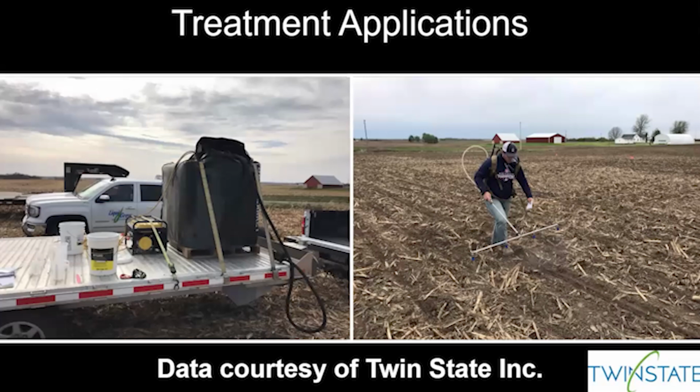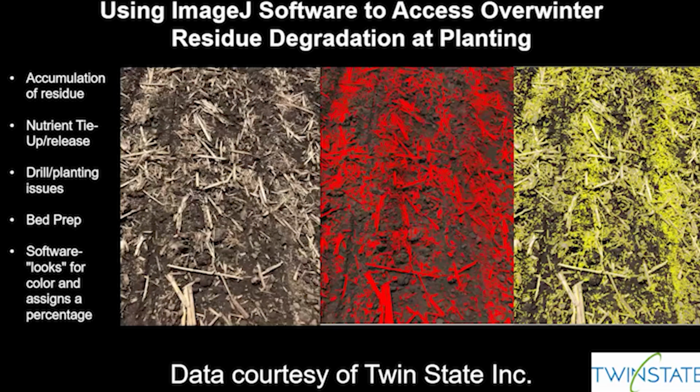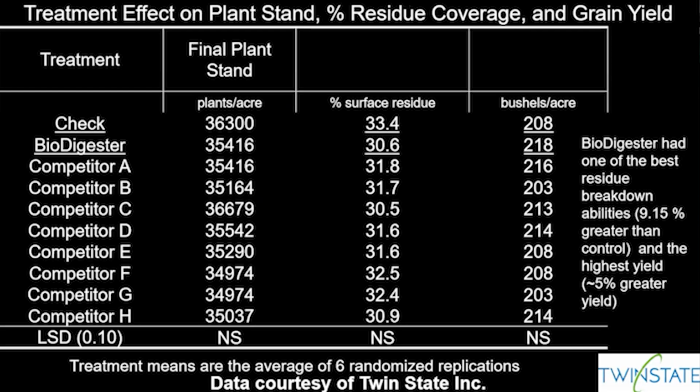Here are some photographs, which are difficult for people that are listening to see. But what they did is they're out there mixing product up and spraying. If we're talking about 9 different products with a minimum of 6 replications, that is a lot of work. So again, a big thank you to Twin State for sharing the data, because it's really cool what they were doing and how they were able to do it. They go out and spray each of these plots, and then they utilize the software for evaluation, looking at the photos before and after to evaluate the percentage of breakdown of the material. And that's what this data is looking at.